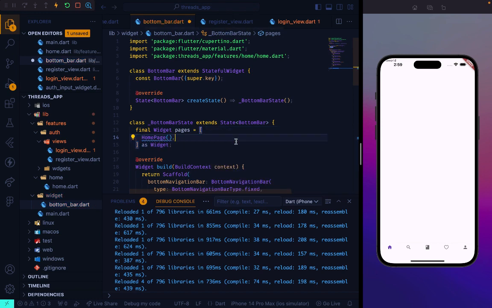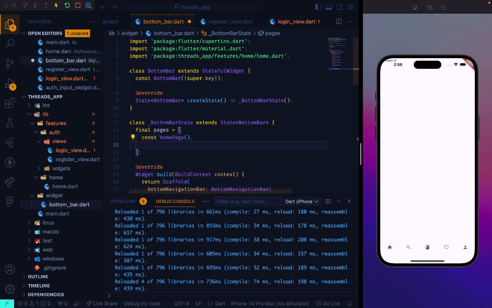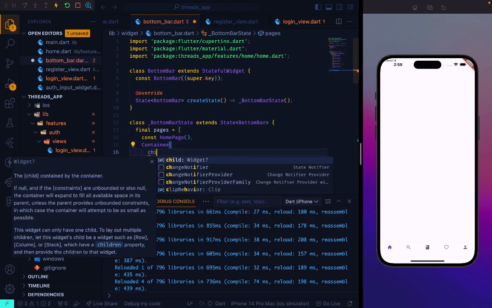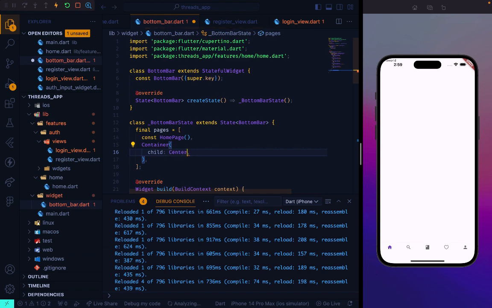So as widget, why? Okay, let's just remove that. Okay, so we can have constants these days. What I want to have next is, since we need just formal and we don't have those pages yet, we can just have container child center